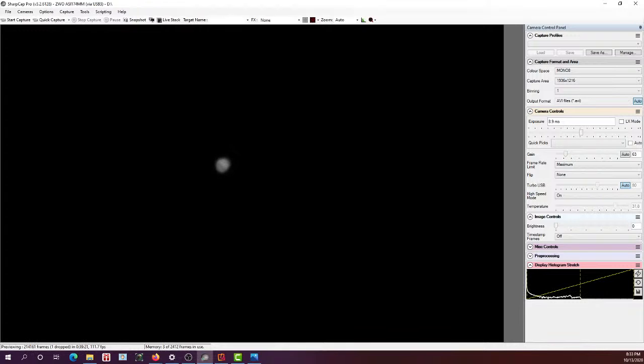All right, we're going to do a couple things here. So I'm going to switch over and try and get the filters in, and we're going to take a look at Mars through the filters, and you'll be able to see how that will impact our view. And then I'll also attempt to get some image data while you guys are watching, and I will process those later tonight because, hey, who needs sleep? I'll process the data and turn them into regular still photos and try and get those into color and share